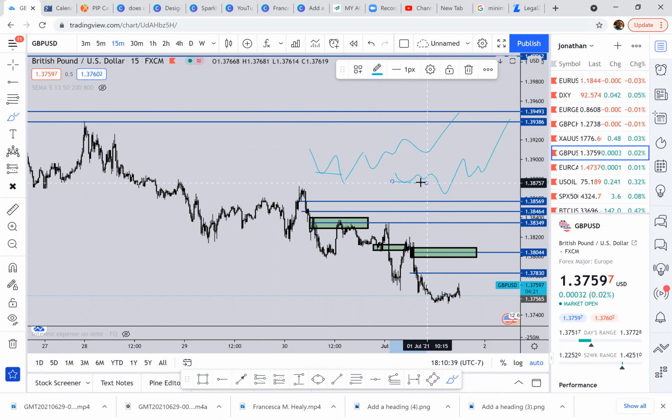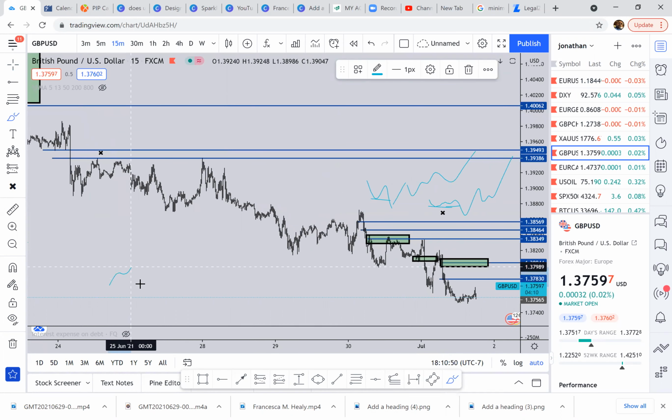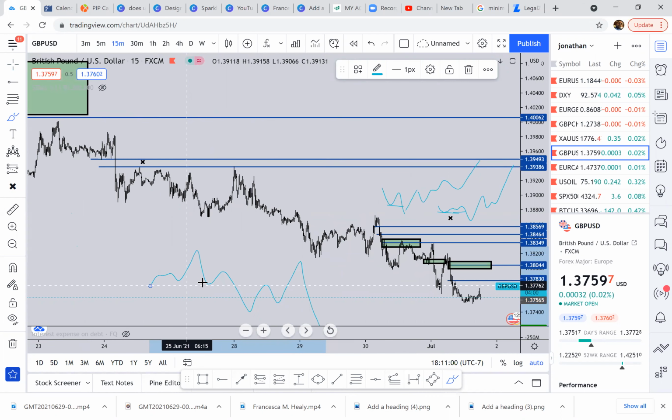I'm looking for the liquidity to be taken in order to break higher. In the opposite way, with the sell, you're going to have an M, and then you take liquidity, and then you break lower, and then you have the retest, and then they move this way. They can do something like this. It doesn't matter what the actual pattern looks like. It's just understanding that